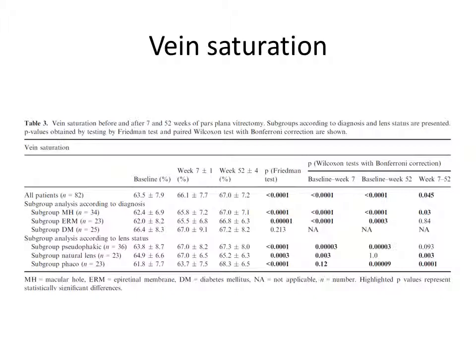In the overall situation, again, in all patients there is an increase of approximately 3-4%. There is the baseline point. Then there was a pars plana vitrectomy, and we have two checkpoints. The first was at week 7 and the second was at week 52, and you can see the increase of vein saturation. But if we focus more deeply on different diagnoses, you can see that this is true